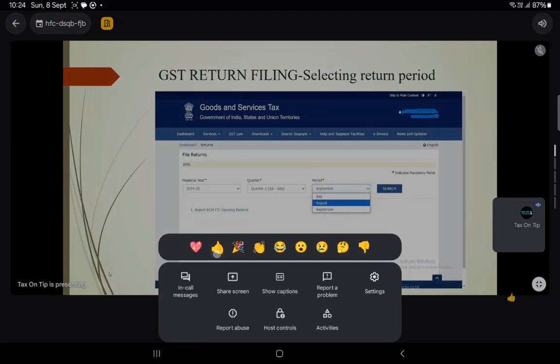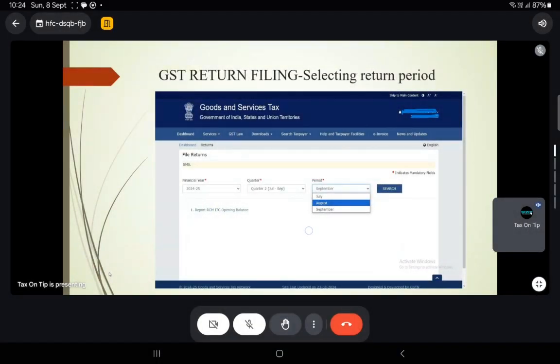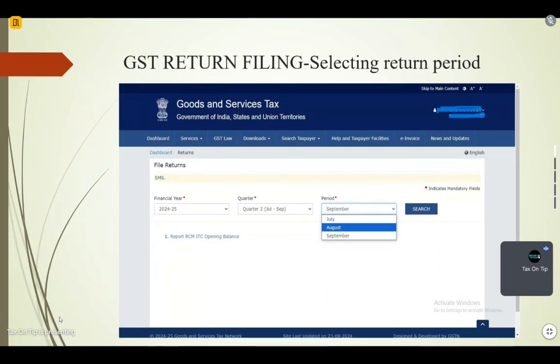Okay, so now we are discussing that we need to choose a month for which we are going to file the GSTR1 return. The time period is the month of August 2024, and we are taking a case where we are going to file a live return on the basis of the slide I have enclosed there. Now I have chosen the financial year and then the quarter, that is July to